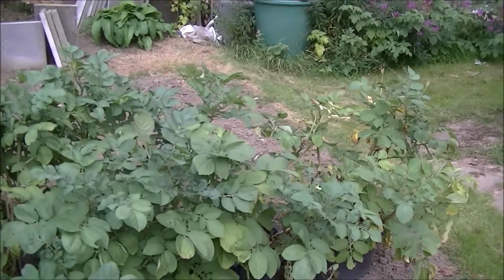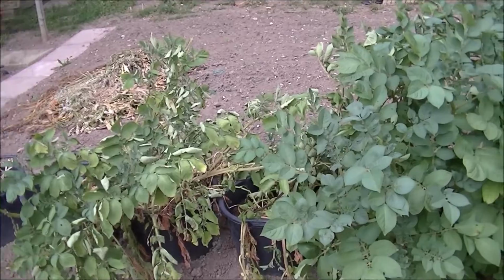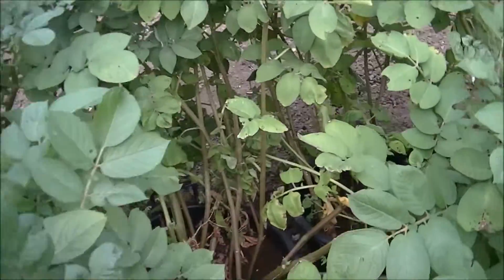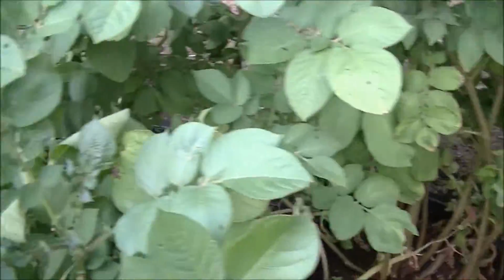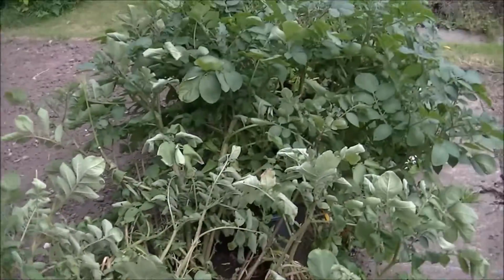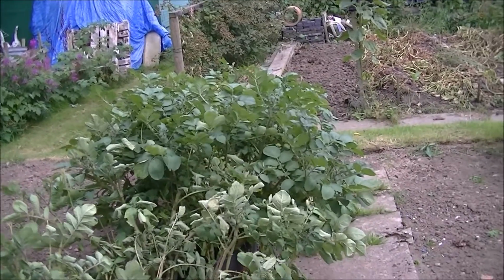My sarpos, they don't look in the best of health. In fact, these two end ones are finishing. I'm just going to let them wither. I've hardly watered them, to be honest. They're that far away from water. I've tried to keep them damp, but it's not been easy. It's easier when I put them the other side, I think. But we'll see. I should have grown them in ground, but